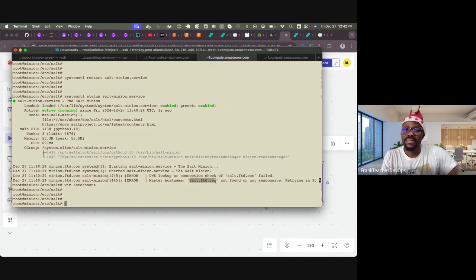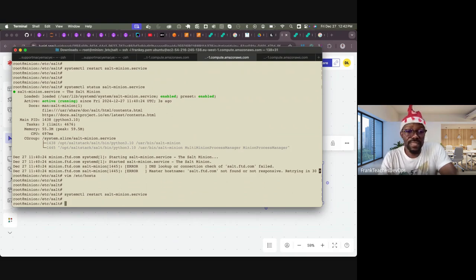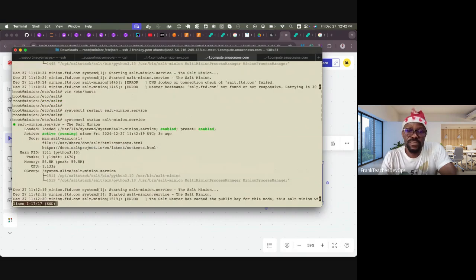All right. Now let's restart the Minion. Restart your Minion. Minion is restarted. Let's check the status. Now we check the status. It's saying error. The salt master has cached the public key for this node. This salt Minion will